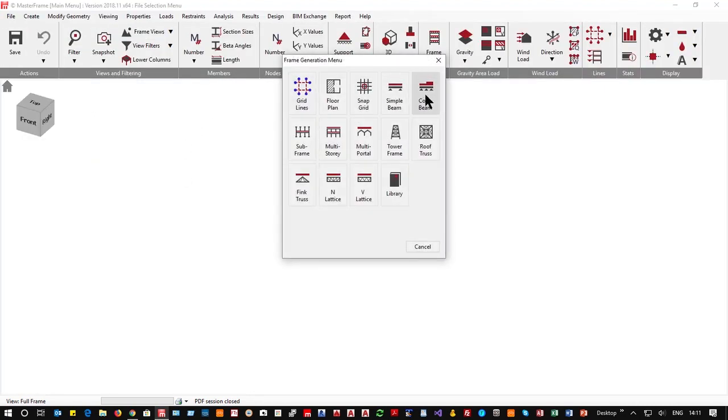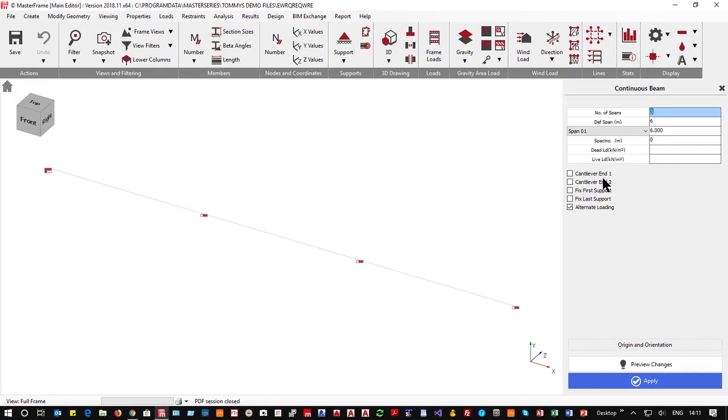I can say give me a continuous beam, give me alternate loading, make one of them, so yes, make one of them cantilever and make the first one fixed, so it's fixed, pin, cantilever, and then I can come in and put in some basic loads and go through and do my design, and it's all automatic for you. Best to put some basic loads on,